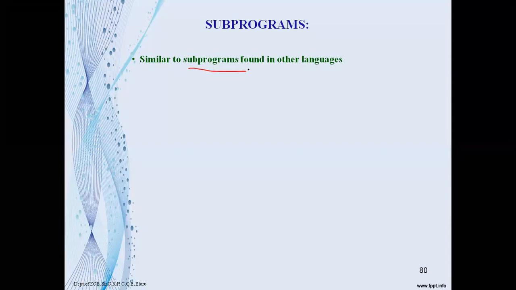It is a separate program written separately, and this separate code is repeatedly used in your main program to perform a function. This is what we usually do in the other languages with subprograms.